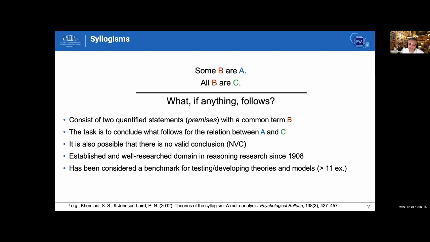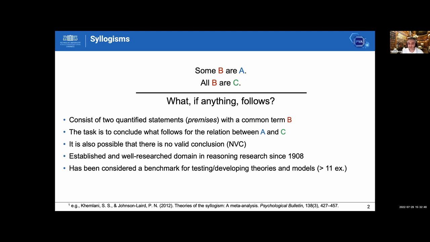Very often it's been replaced by professions because they do not require so much background knowledge to solve these things. And we all know that content and background knowledge can have an effect on the way people are answering. The interesting thing about them is that they have been investigated for quite a long time. More than a century of psychological research has been conducted, and philosophical research, of course, goes back more than 2,000 years. So this is something where it's very important to get a feeling for that.